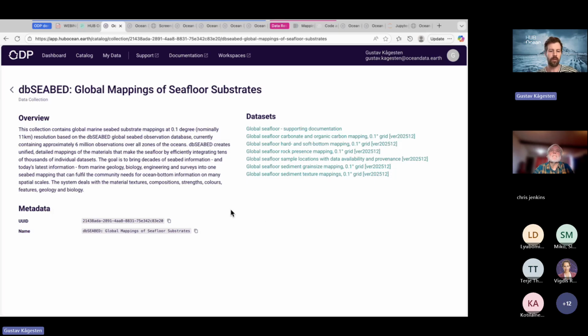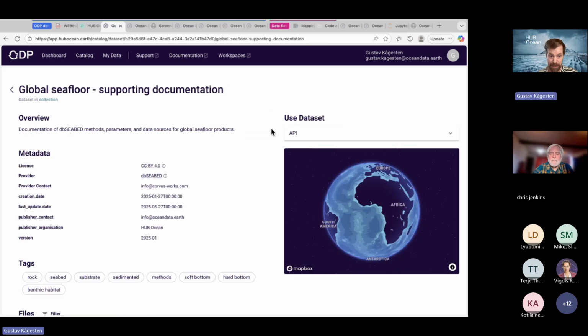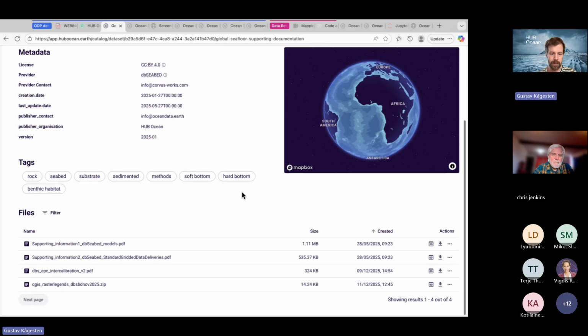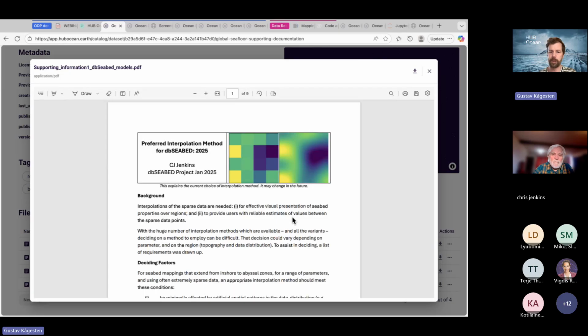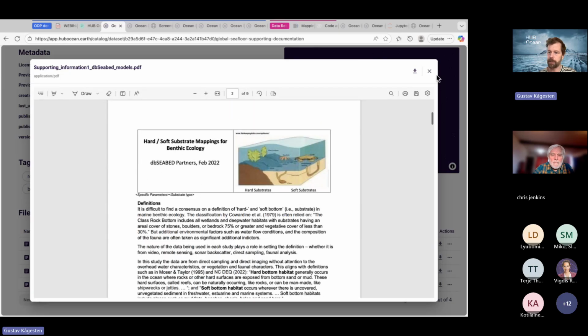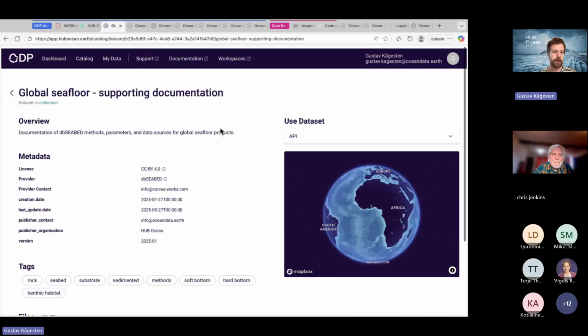We have more flexible groupings on the way. So there is a bit of a playlist concept coming where you can play around with grouping data in different ways. But this is sort of a fixed grouping that is available. In this case here, we have one data set with just lots of documentation from Chris. So here you can already preview some of these and read some of the documentation PDFs.